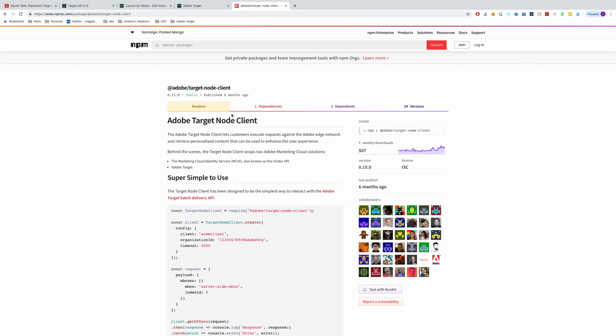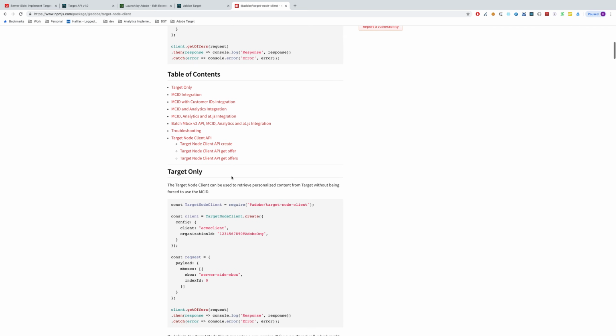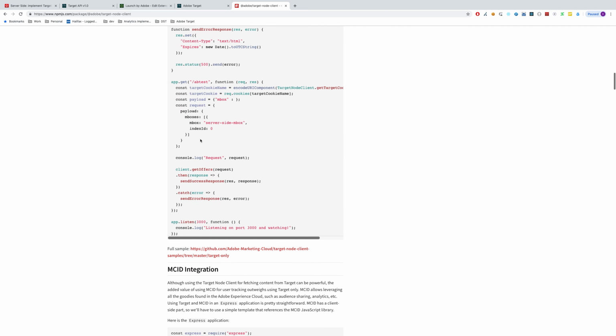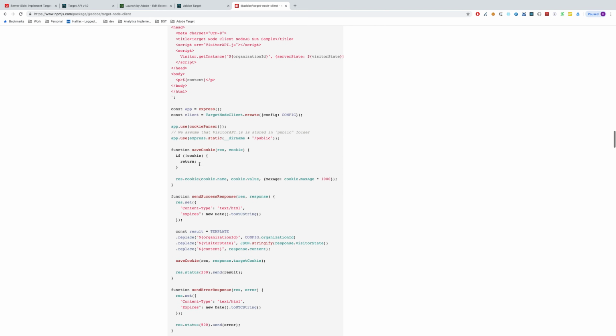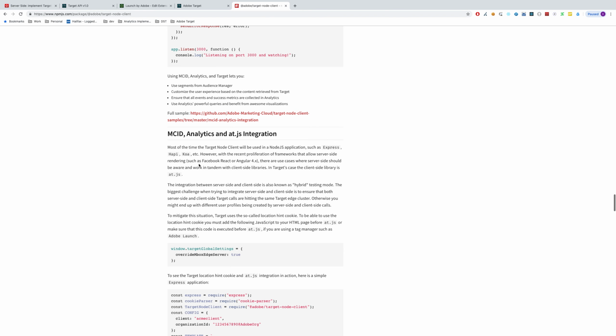So the Adobe Target Node Client NPM package is what we're going to use to implement this server side. Like I mentioned previously, it essentially does a lot of the heavy lifting for us. Although the documentation says that it's super simple to use, which it is, the documentation gets a little bit confusing because it starts with a simple example of a target-only implementation, then adds the Marketing Cloud ID integration, then I think the Customer ID integration, the Analytics integration, and then it gives you the whole kind of shebang at the